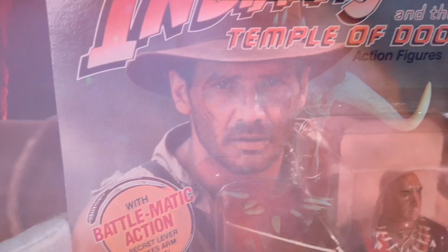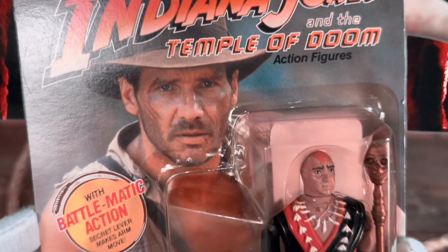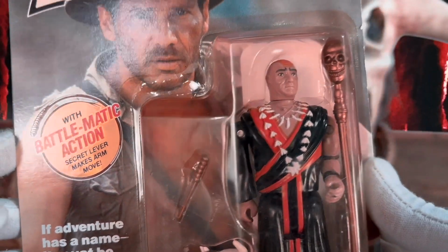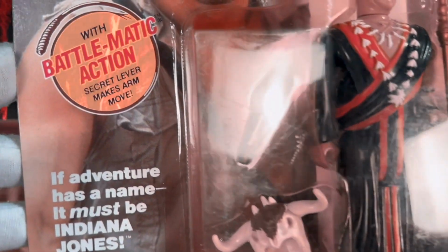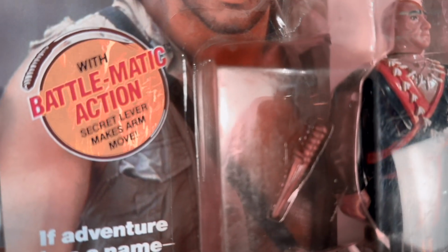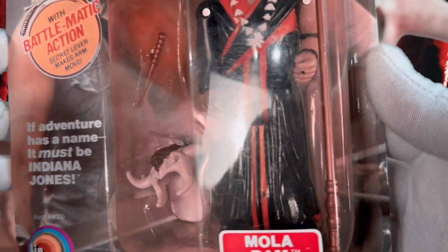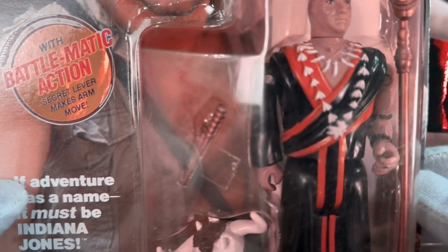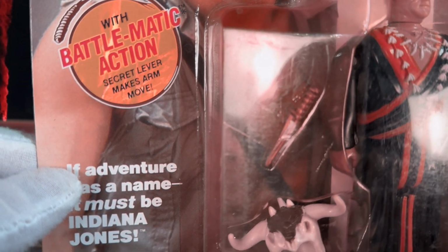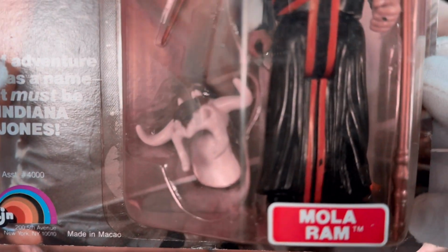Alright, leading off with Mola Ram. Card art is the same on all 3 figures. Absolutely love the card art on this. There you see your Battle-matic action logo. Very common feature on a number of LJN action figures. You can see we have some yellowing to the bubbles on these. Very common on this line of figures. Alright, accessories. We got his staff, his infamous knife, which is very hard to find, his headdress,